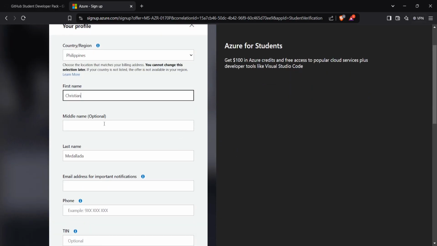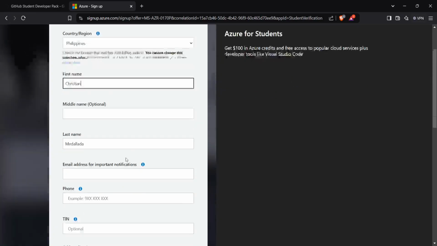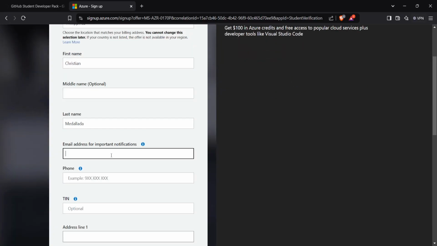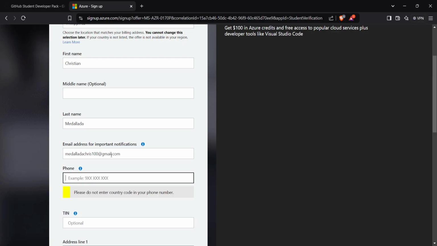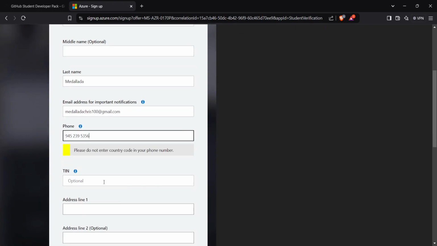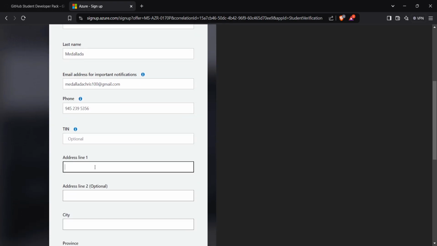So Azure for Students is now giving us this one. We will need to fill in another form. We can just add the email address that we use, then some comments. Please do not enter your country code in your PIN. It is optional, so we can just go to the address.